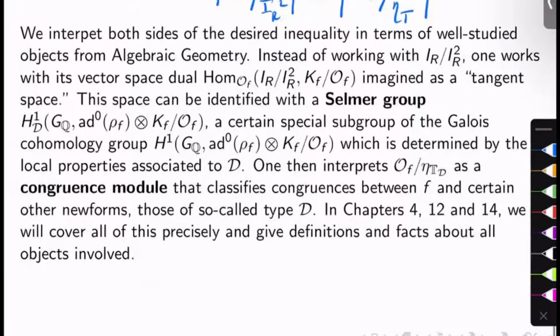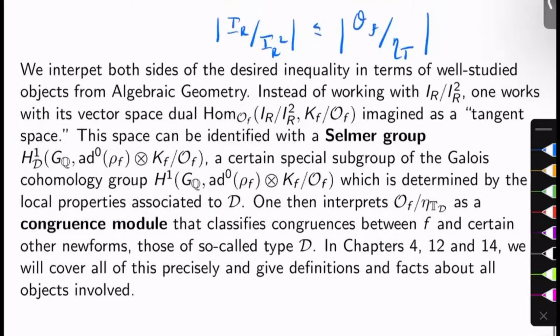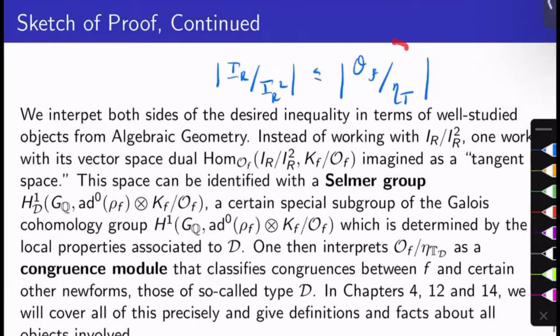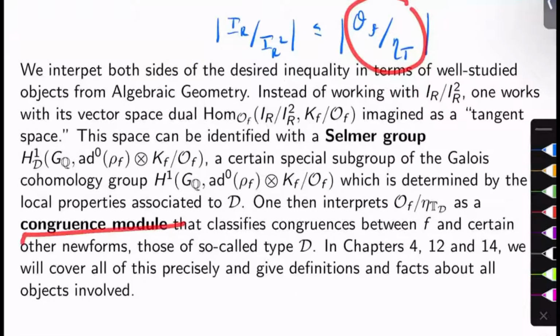Basically, what's going on here is you take this Galois cohomology group, whatever this means, and you look at a certain special subgroup of it, which is determined by the local properties associated to D. Remember, D is a deformation type, so D is equipped with a list of conditions we want to impose on deformations of rho naught, the so-called type D deformations. This subgroup of H1 is also going to depend on those conditions attached to D. Then I'll interpret this side over here as what's called a congruence module, and this